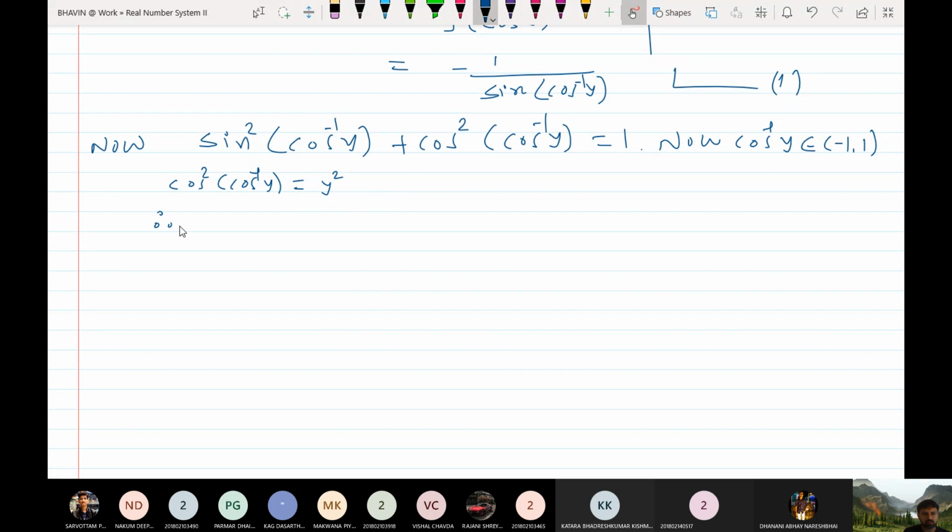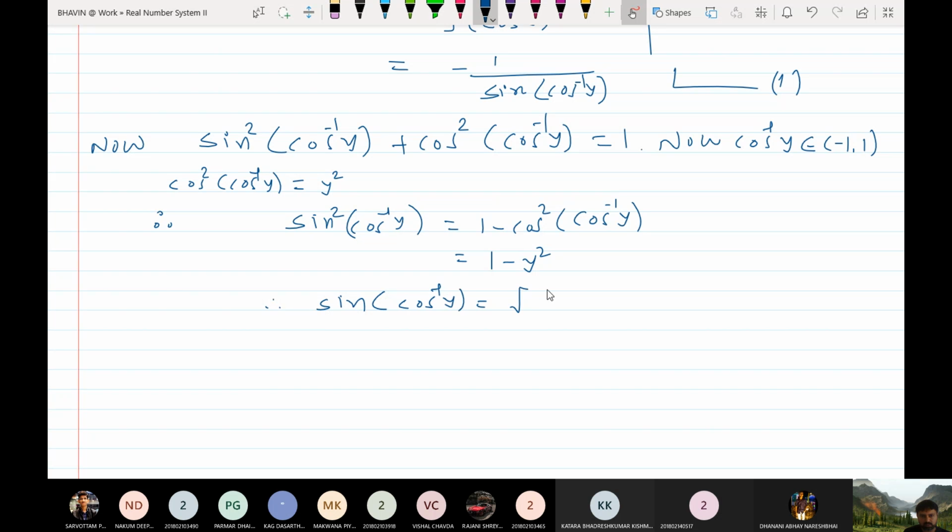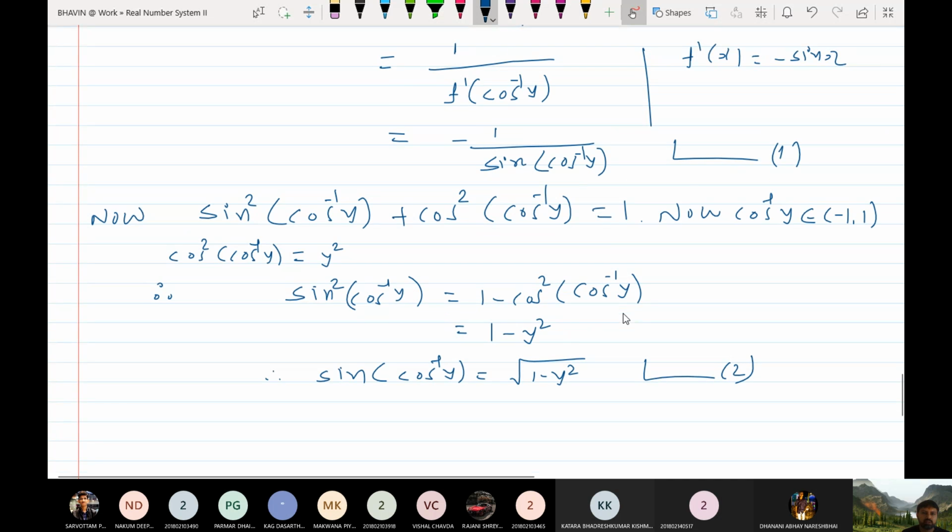So therefore sin square cos inverse y, ये कितना आएगा? 1 minus cos square of cos inverse y. This is nothing but 1 minus y square. Now take the square root so that you can get the value of sin of cos inverse y. Say this to be 2. The sin of cos inverse y की वैल्यू कितनी आई 2 में √1 minus y square. Therefore by 1 and 2 we get,